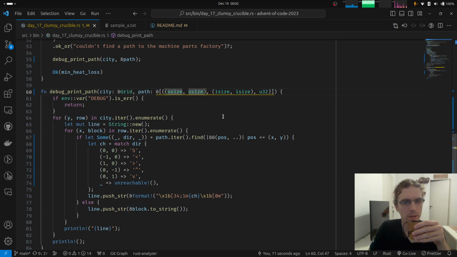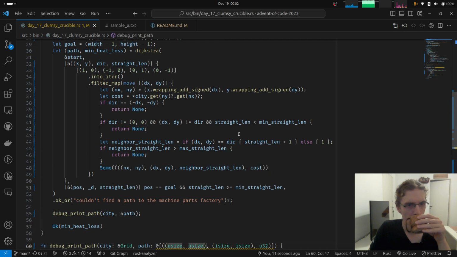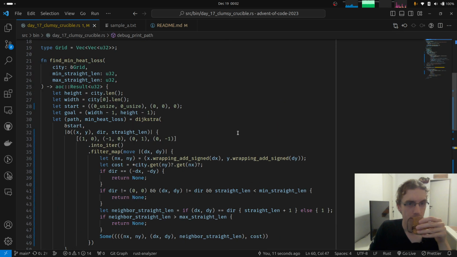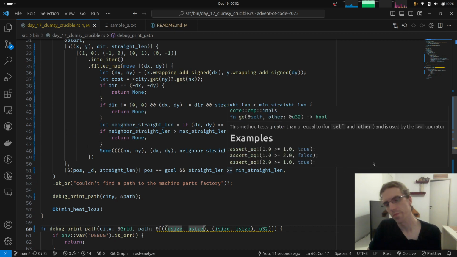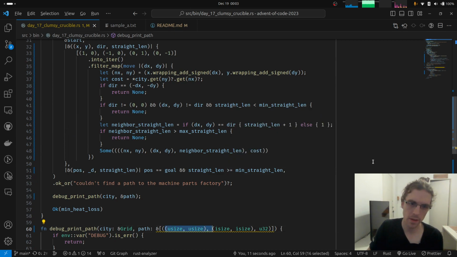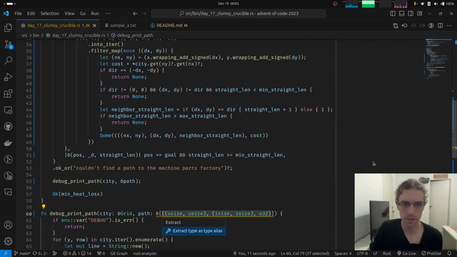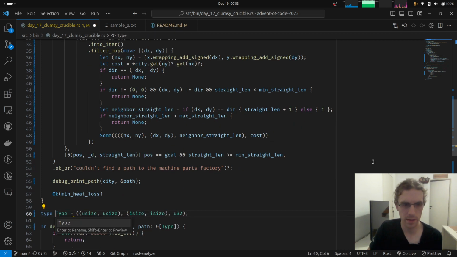Really, Clippy? Really? I bet you if I extract this into a type variable and I call this thing node, yeah, you don't complain anymore.